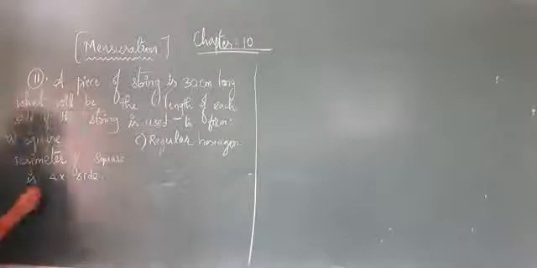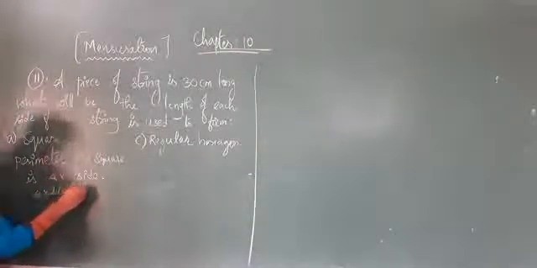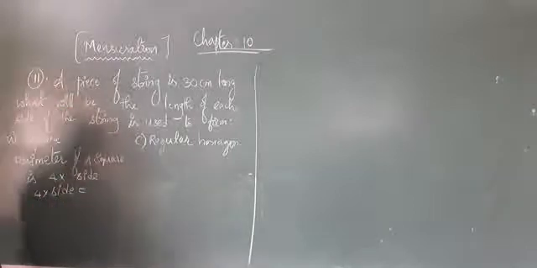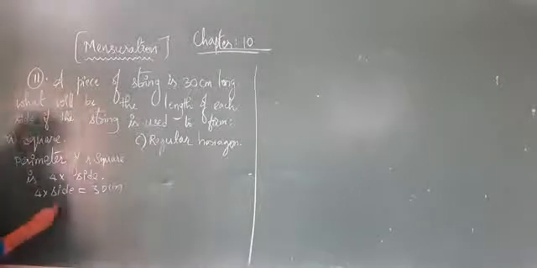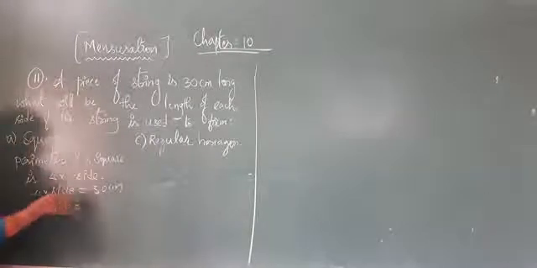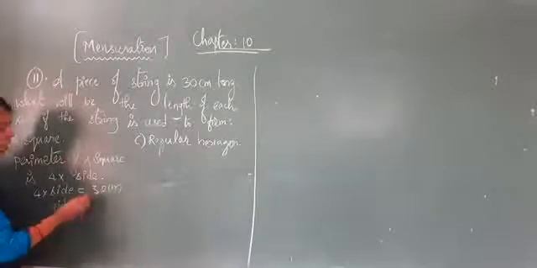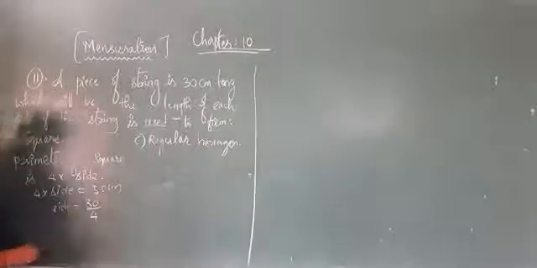So perimeter of the square is 4 into side. You already know that. So you have to write it here: 4 into side is equal to the total length of the string given, that is 30 centimeter. Okay, so now 4 into side. As I already said, you have to find out the side here. So keep the side here itself and send the 4 to that side. If it is multiplication, it will go as a division, that is in the denominator. So 30 by 4. So now you have to divide 30 by 4.